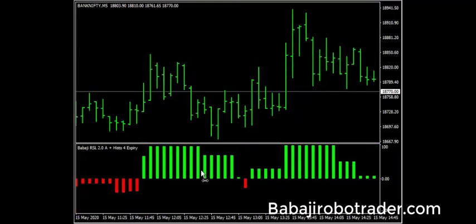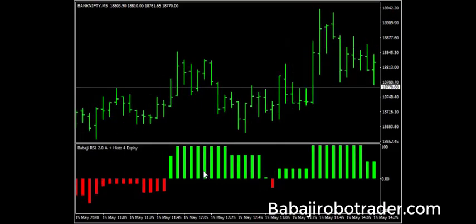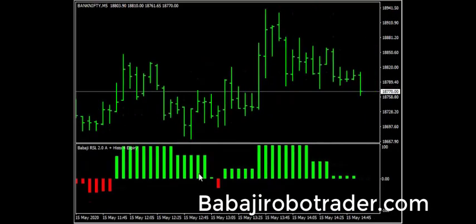Red means a bearish trend. Green means a bullish trend. We are considering only when there is a reversal from green to red or from red to green. Because when you are going for an option buy or sell, we need good momentum in the market. If there is no movement in the market, then the price will get eroded. That we call premium decay.